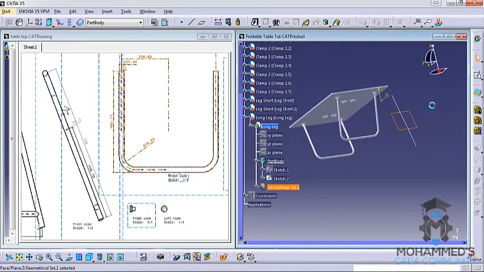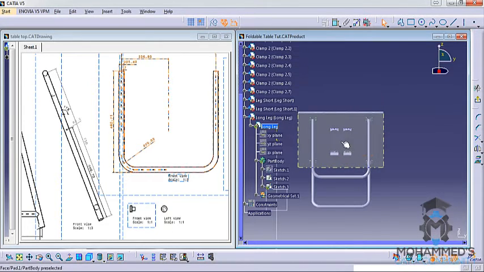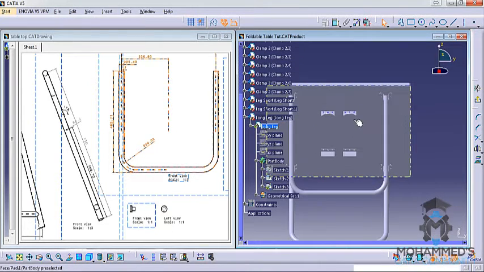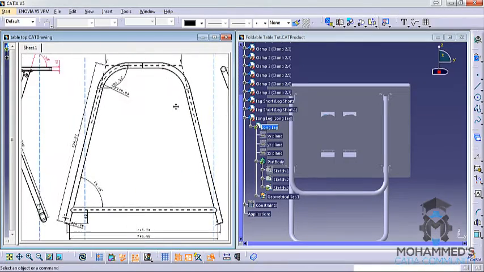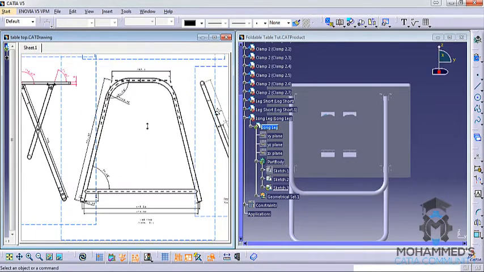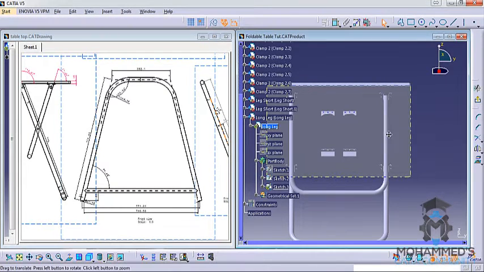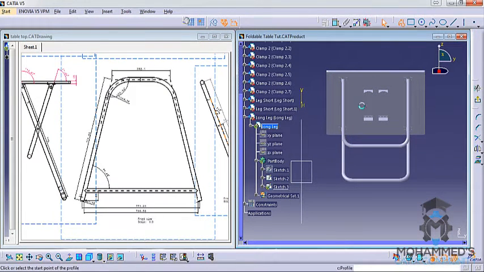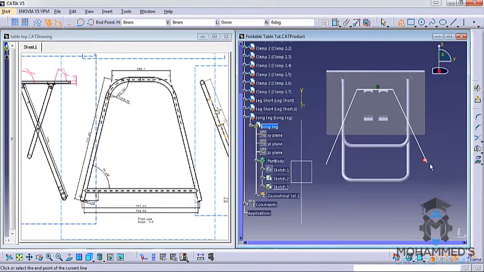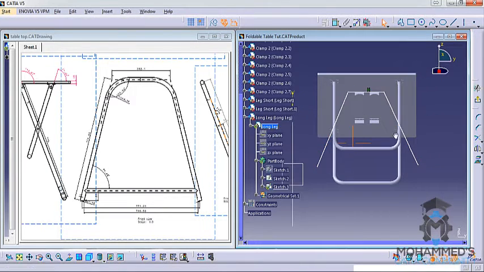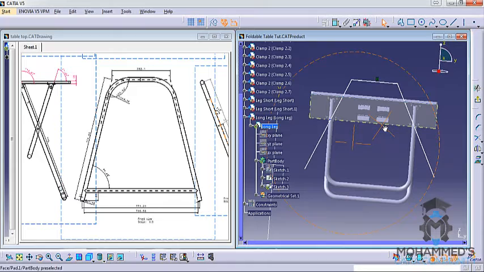Now let's select this particular plane here and click on the sketch and start sketching this particular profile here. So to create this profile, let's first select the profile tool and just make the shape of this. And let's firstly